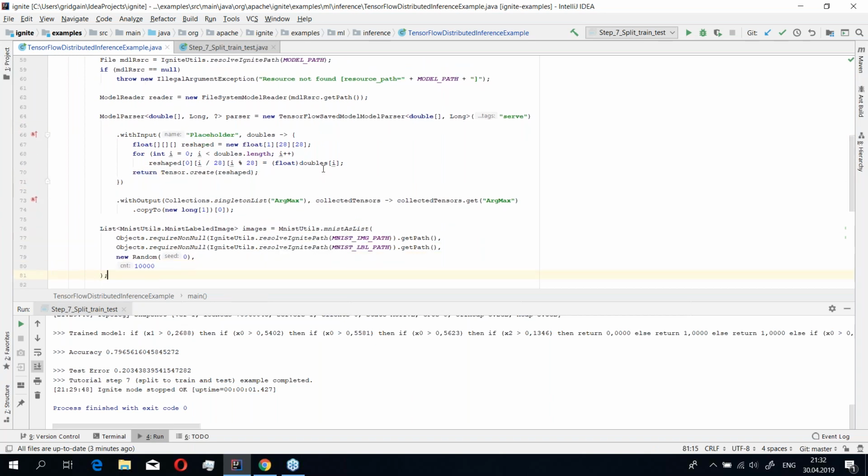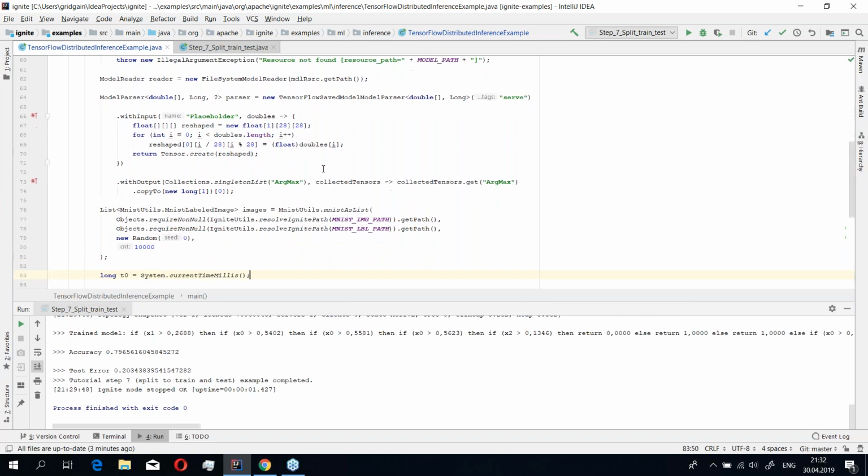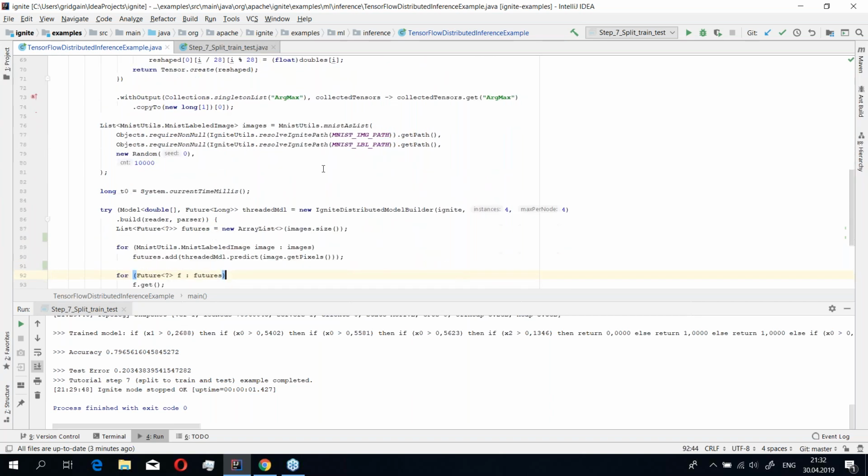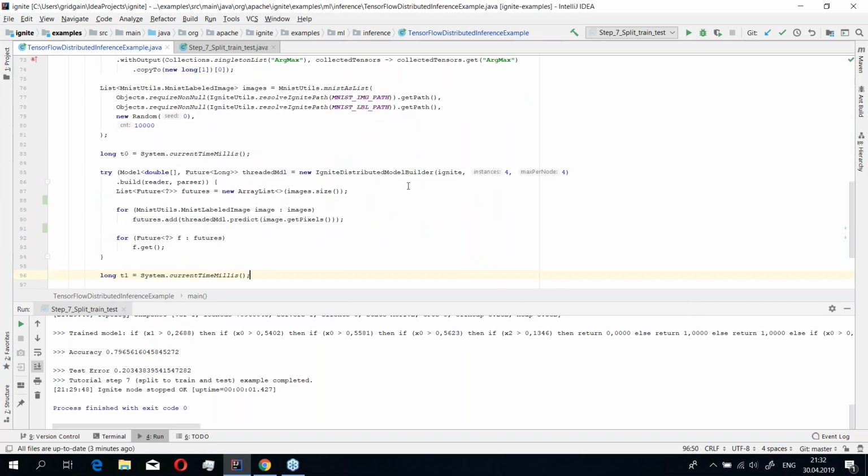We load data from two files from MNIST, raw images and data with labels for all these images. And here we just use this pre-trained model